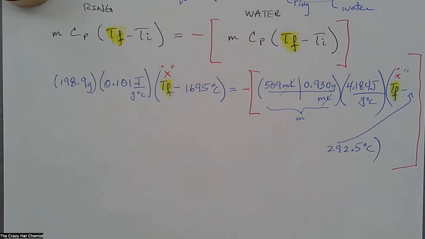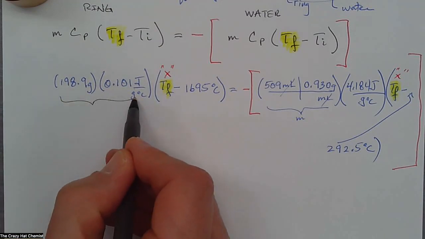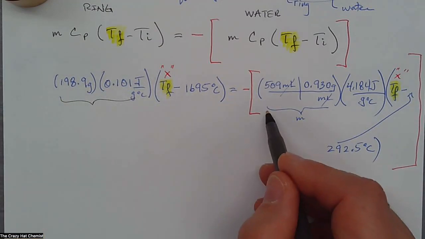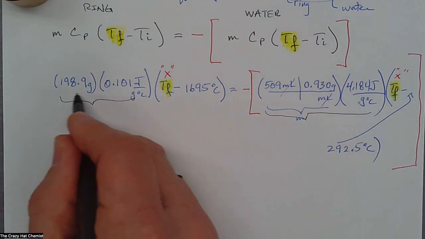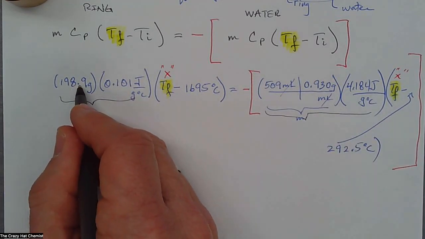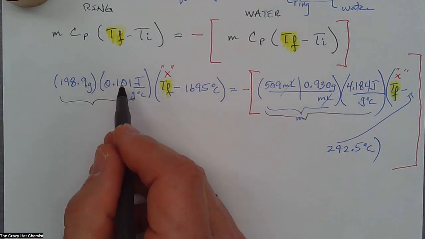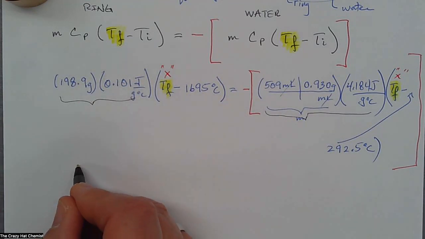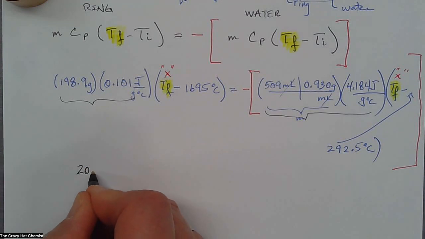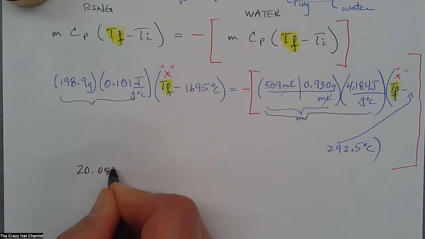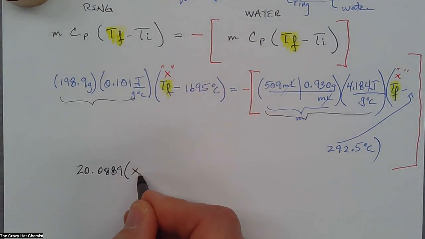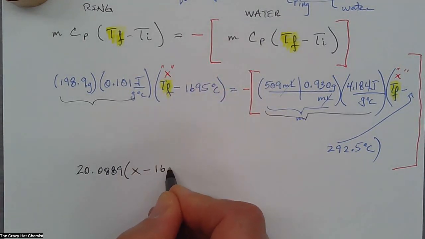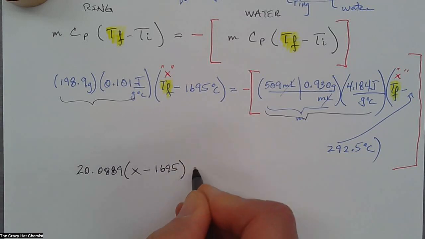All right. And so then what we're going to do is multiply these two values right here, and multiply these three values right here. And this product right here, 198.9 times 0.101, is going to equal this number here, 20.0889. And then my final temperature, that's going to be my X term right here, minus the 1695 is equal to